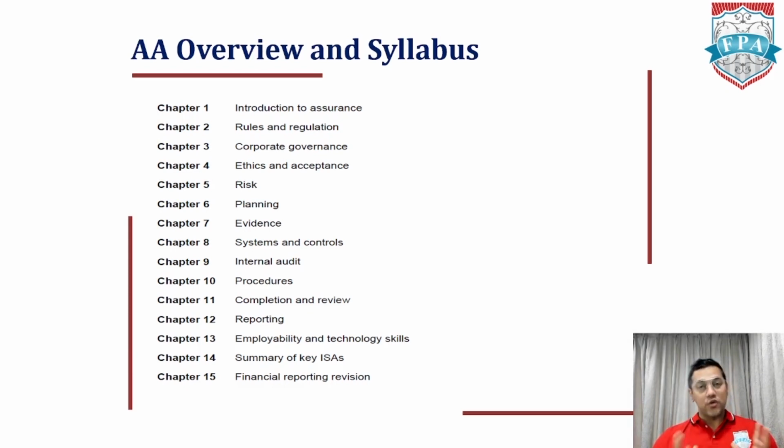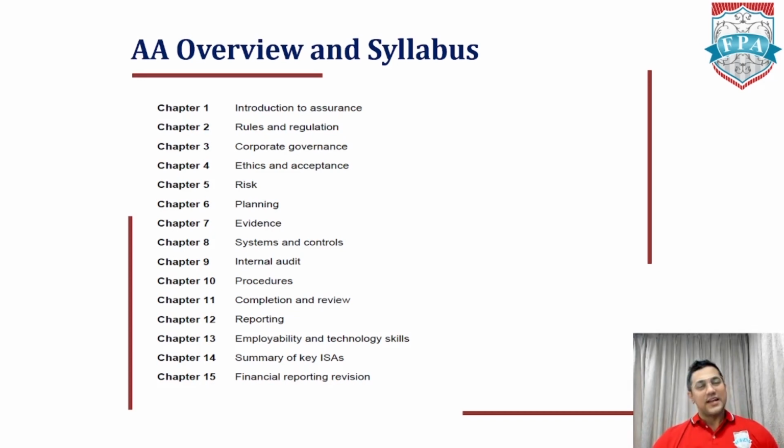You have to make sure that you are planning the audit for it to be successful and for you to give the appropriate opinion, which brings us to our next topic, which is evidence. Now, at the end of the day, the auditor can only give an opinion if they have checked enough and they have the evidence to say that yes, everything looks true and fair, right? And how do they know? When they have collected enough evidence and good evidence, which in our terminology is sufficient and appropriate. Only then will you be able to pass an opinion on whether the financials are true and fair or not.